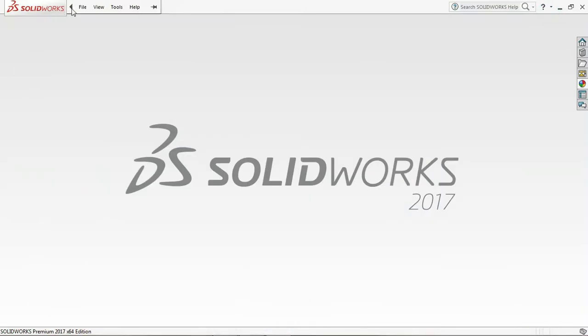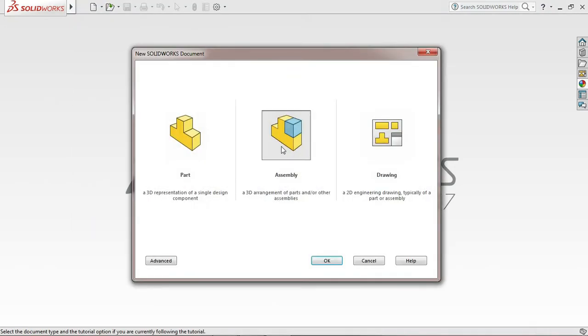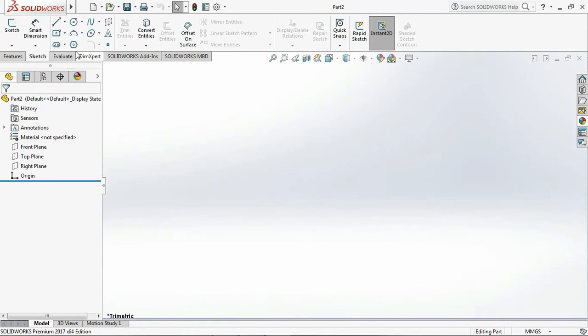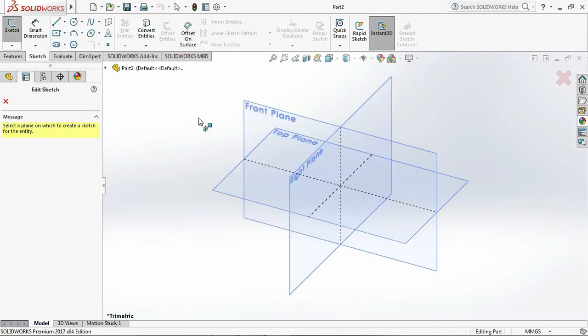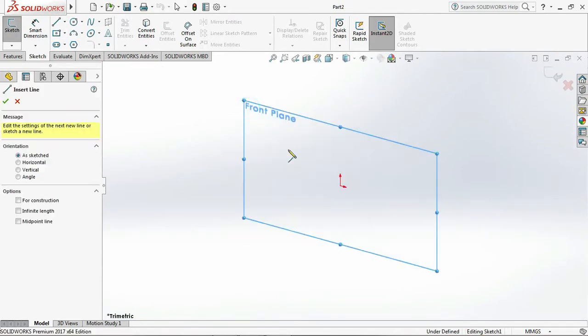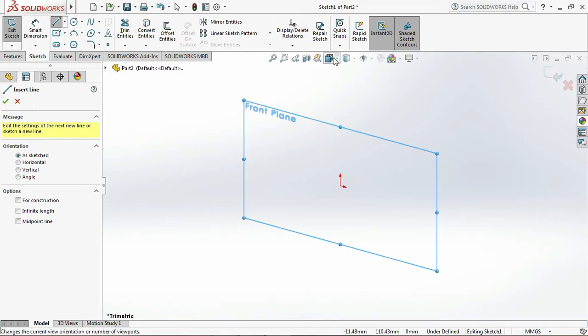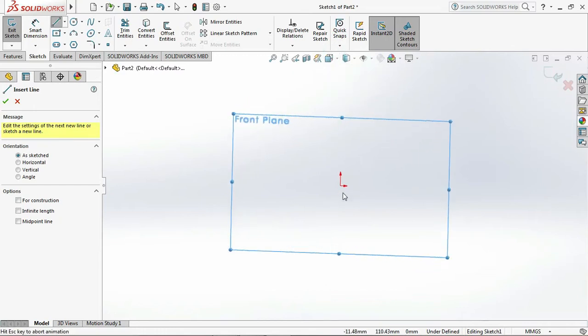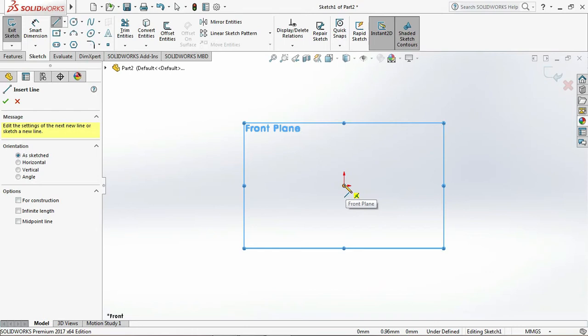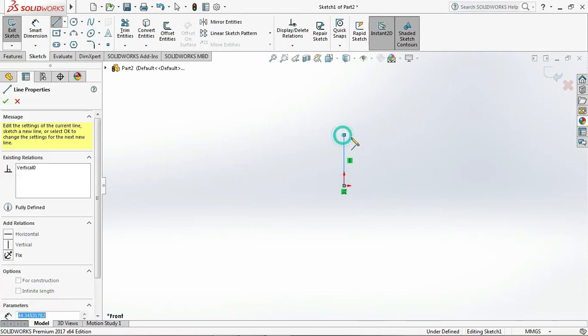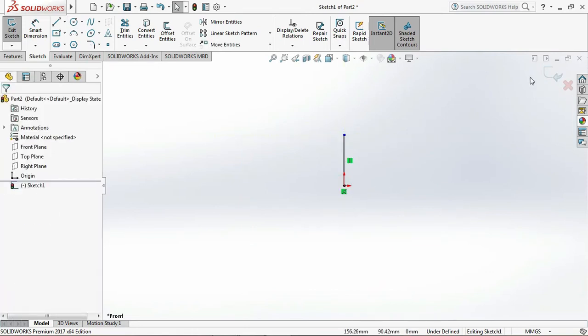Today I want to make a spring animation in Solidworks software. Let's start: file, then new, and we just create a part which is a spring, and go to sketch and choose the front plane. Go to view and choose the normal tool, and then we draw a short line like that, and we exit out